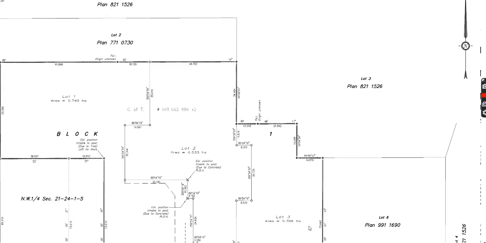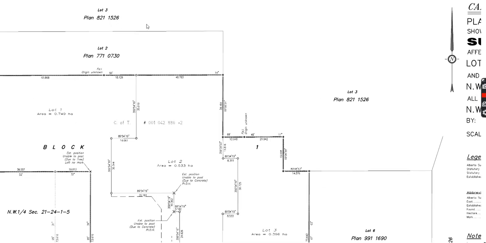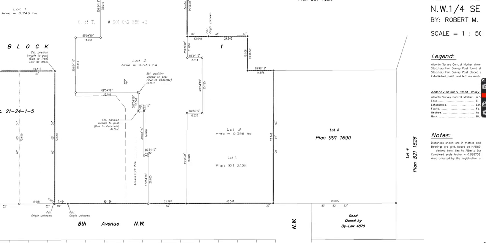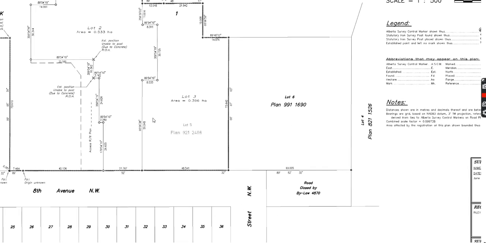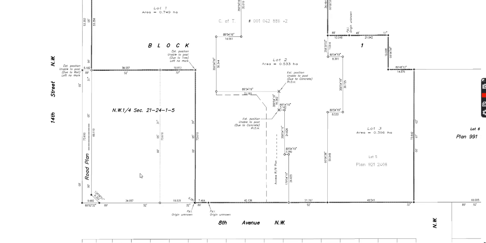So here's the plan itself. We can see that we've got an old plan up here from 1977, right? And then we have another plan up here from 1982. And that 1982 plan covers this whole large lot that's up here. This is maybe a commercial area. And we have another lot 6, which is from 1999. And so we're looking around. There's a lot of different plans. So for example, even here,